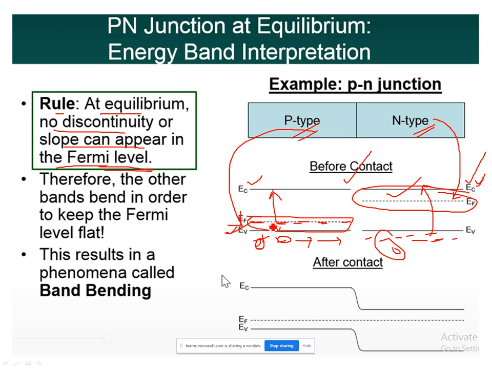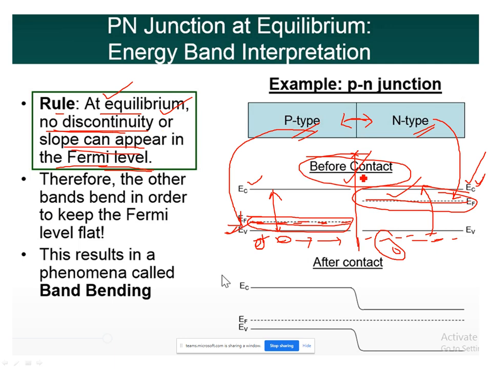What this is saying is, here, before contact means the n-type and p-type materials are not joined. They are separate, and when they are separate, we are showing where the Fermi energy level is in p-type and where it is in n-type. Now, whenever we join the p-type with the n-type, or when they come in contact, an equilibrium will be developed. We have seen that in the previous slide.